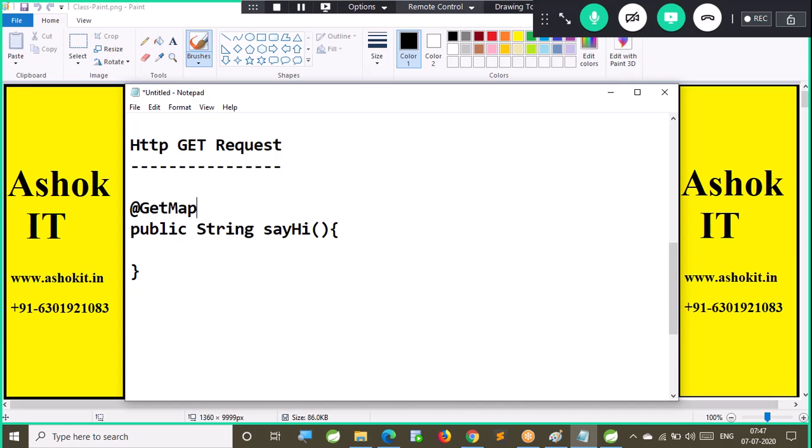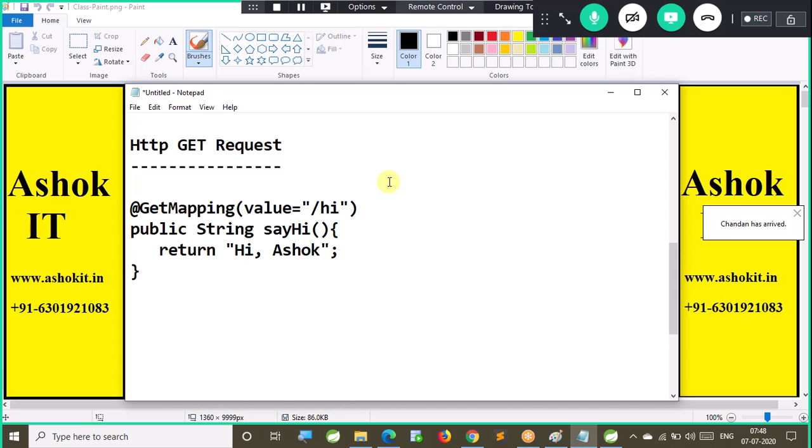Here I'm writing @GetMapping, for which I can give a value, a URL pattern like slash hi. Inside this I will return hi Ashok. So this is the method which is bound to the HTTP GET request.